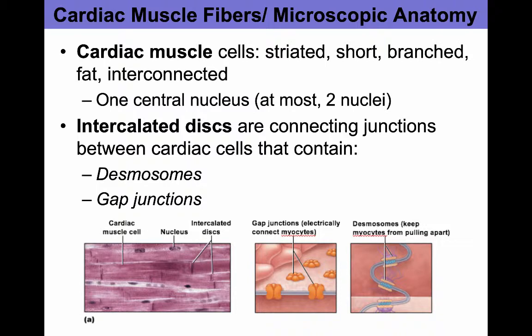Now, the heart is made up of cardiac muscle cells, and they are striated, short, branched, kind of fat and thick, and interconnected. There's one central nucleus, at most two, in each cardiac muscle cell. They do have what's called intercalated discs. These are connecting junctions, like gap junctions, between cardiac cells. They can contain desmosomes that hold